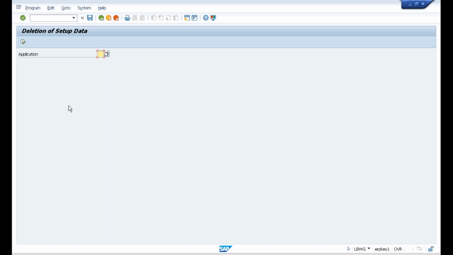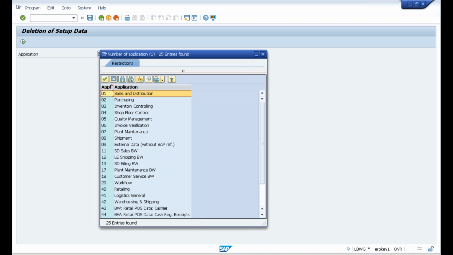If you have already set up the data and you want to fill the setup table again, you may have duplicate data in the setup tables. That is the reason whatever data was previously available needs to be deleted here. Here we need to give the specific application. Again, it is application specific, not relevant to the data source. Even if you want to load data to any one particular data source for that particular application, we need to delete the entire